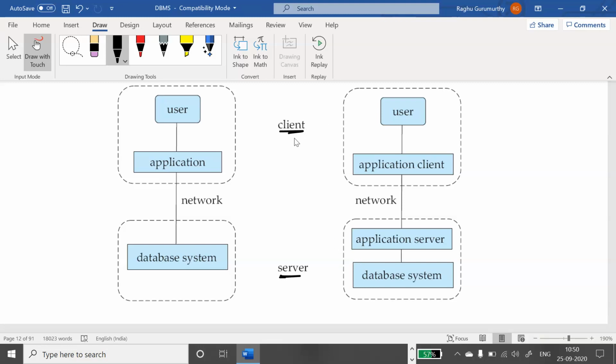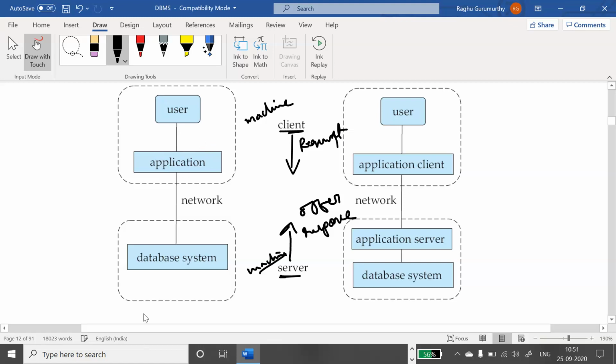Client offers request and server offers response. Here the client is a machine, of course, there is no doubt in that. Client is a computer. Server is also a computer. I am going to term it as machine.